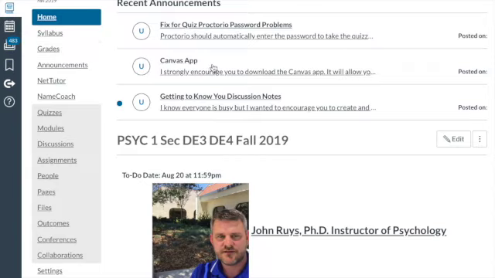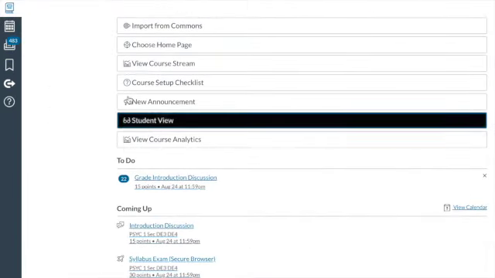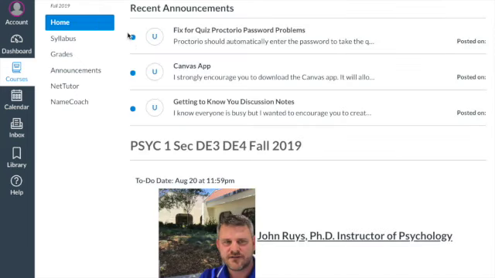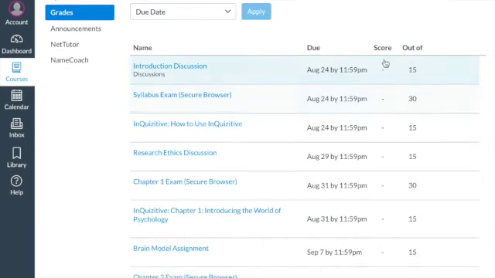What you're going to get is a list of a variety of sources that are available to you. Give me 1 second. I'm going to change this to the student view so you know what you're looking at. What you're going to see is a link to the syllabus and a variety of information relevant to the course, a set of your grades so you can keep track of how you're doing. Please note that in the grades area, if you have not yet had a grade entered, so it's a dash or anything other than a 0 or a score, that's going to give you a different view of what your grade might potentially look like. So anything that hasn't been graded yet,